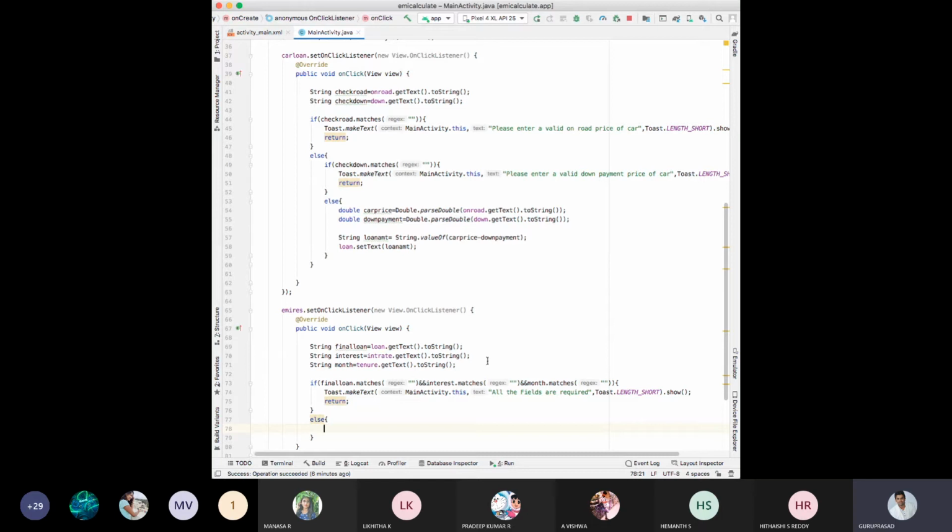Now, what is the final EMI formula? Do you remember the formula?